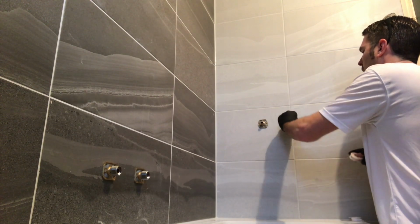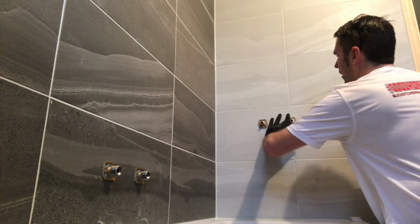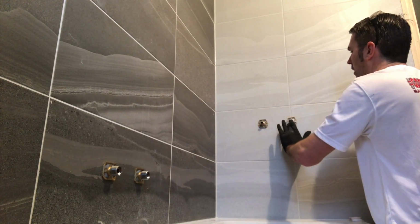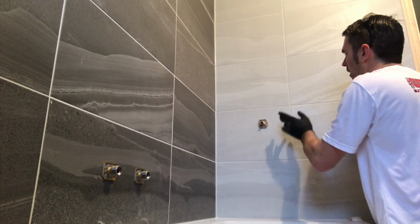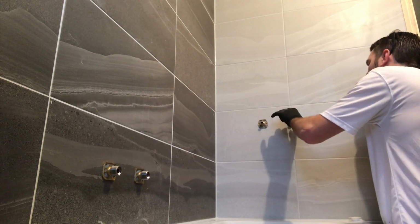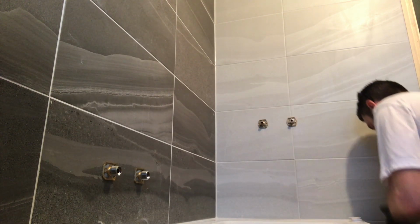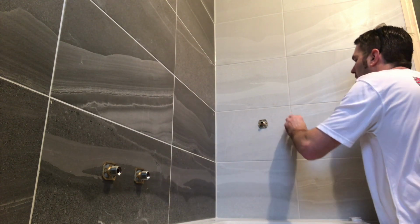This just guarantees when this shower is getting touched and moved, it's not going all over. And squash all your silicone in. Squash all your silicone in. Move all the tape off the inside edge. And then that olive will just push back into that. Beautiful. Take gloves off, I can't work in the gloves there. Then, for that one,